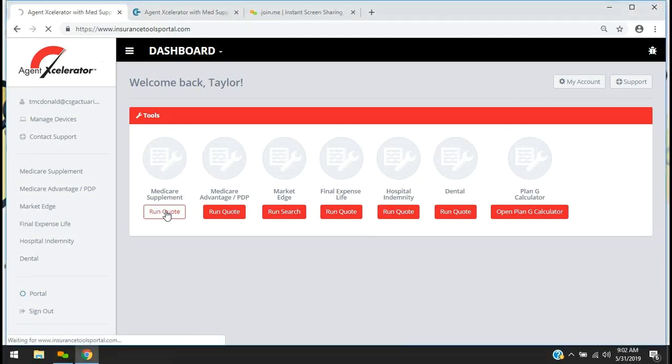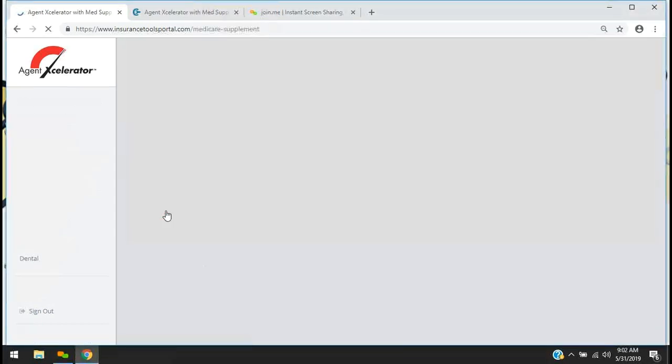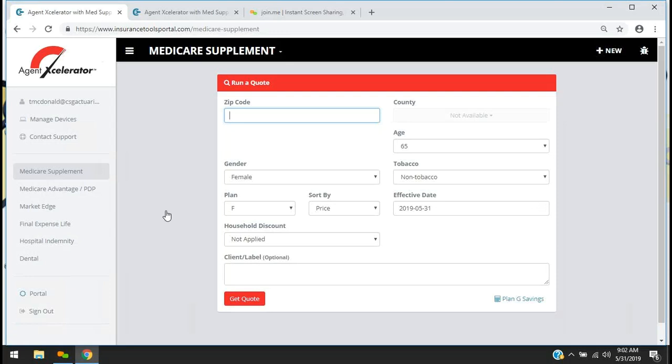We'll start by clicking Run Quote. This is a demographics page where we'll enter the quote parameters. We'll go ahead and enter our zip code, age, gender, tobacco status, the plan type, as well as the effective date, and whether or not we'd like to apply the household discount. Once we've entered this information, we'll click Get Quote,